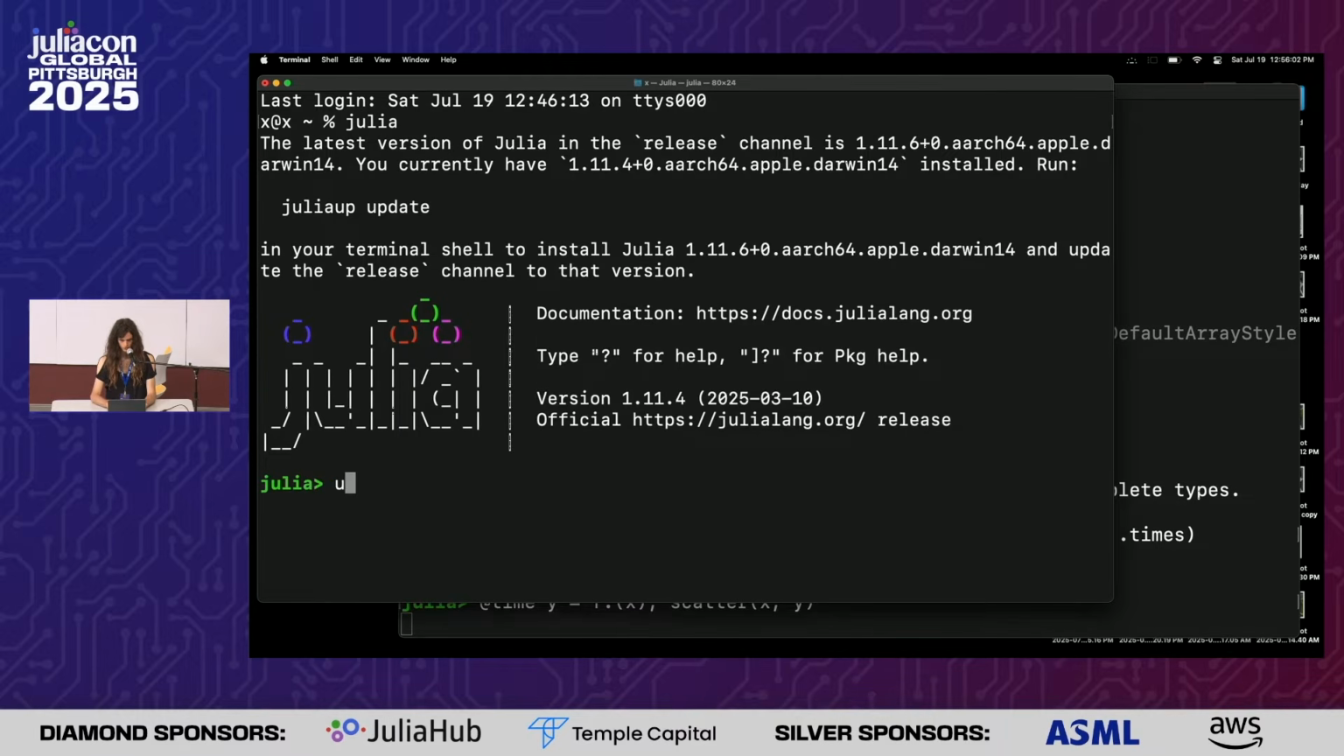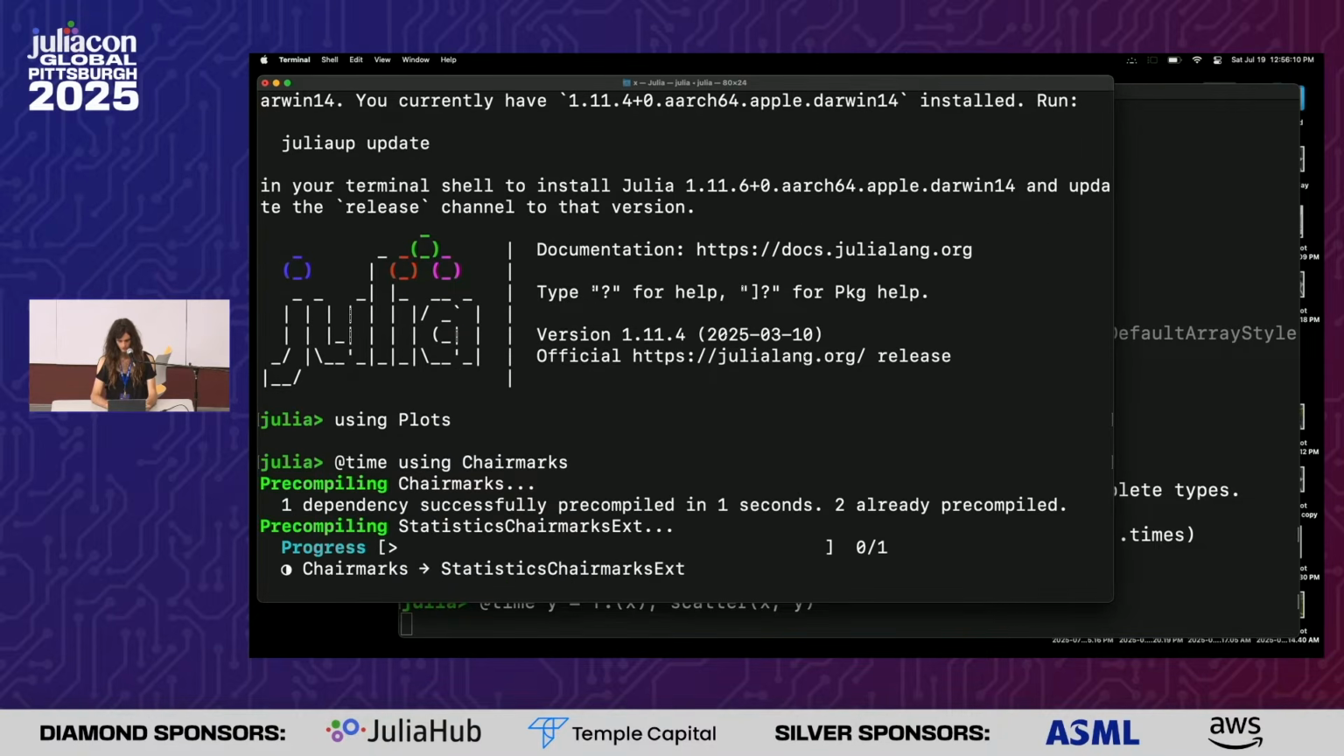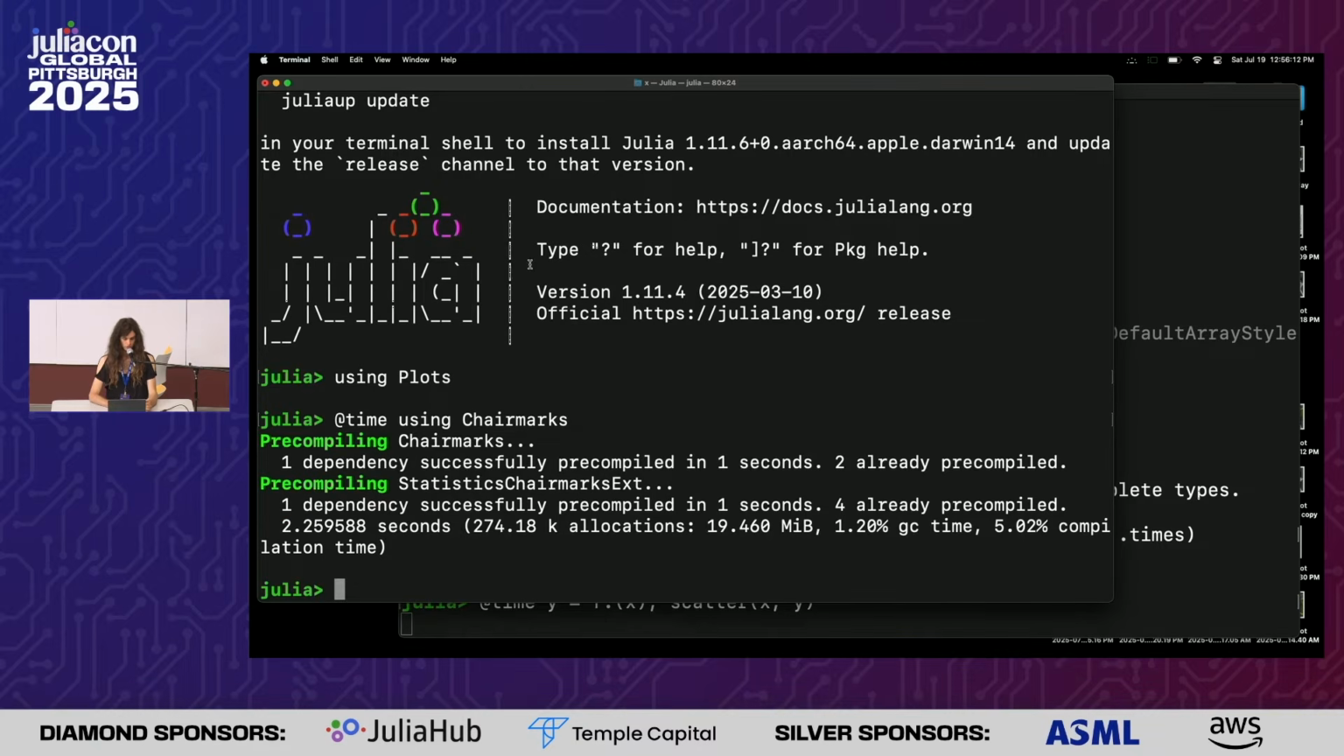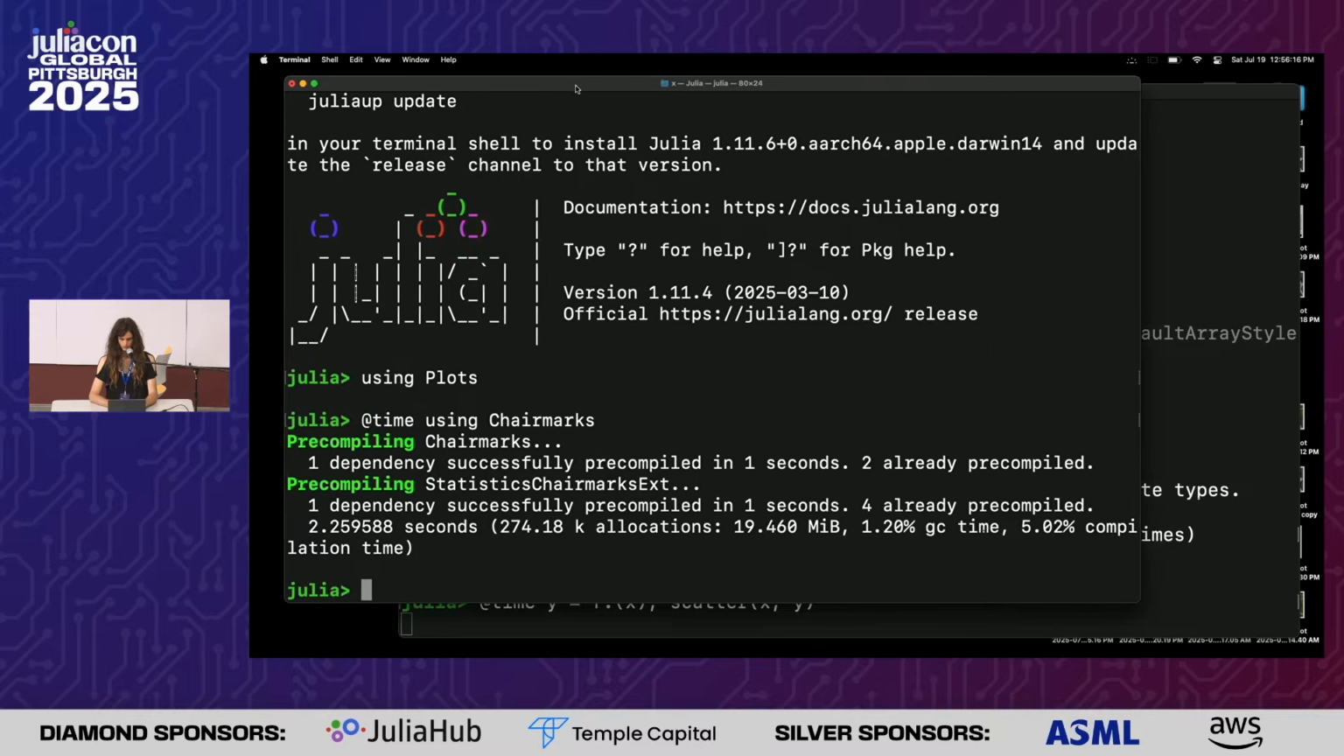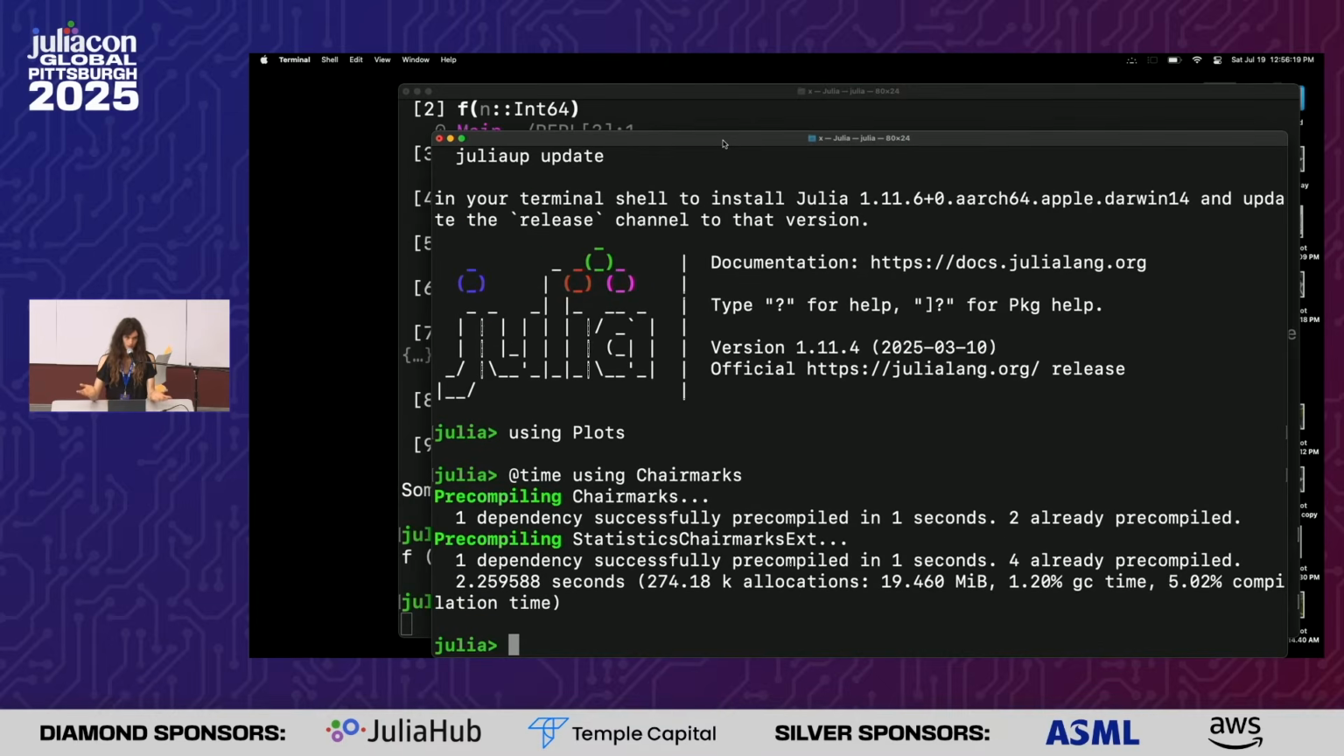So Julia, using Plots, and it's going to be already precompiled, right? Great. @time using Chairmarks. Also takes some time to precompile. Oh, it took longer to precompile because of this package weak dependency. So that's a problem. But 2 seconds is acceptable for precompile time. But I'd like it to be better. And now let's